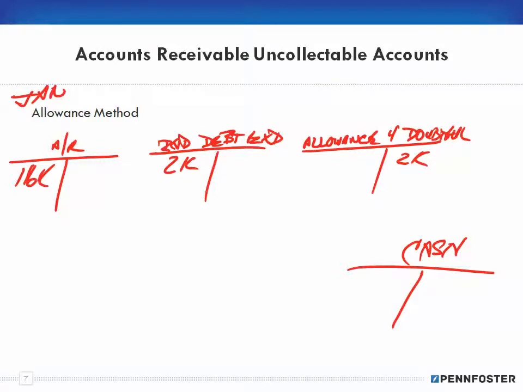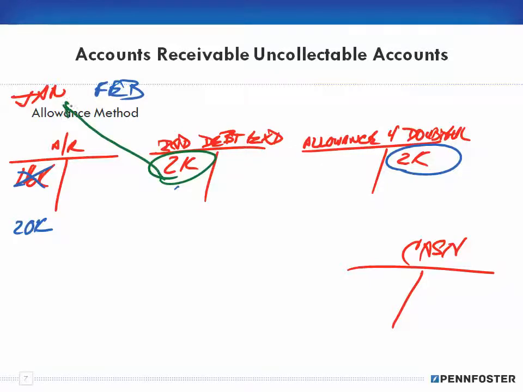Okay, and now let's say at the end of February, my accounts receivable has gone up to, say, 20,000. So the 16,000 is no longer on the books. My accounts receivable shows 20,000. My allowance for doubtful accounts still has this $2,000 in it, right? But now, based upon whichever method I'm using, maybe this 20,000 isn't accurate. Maybe I need to write off 1,000 more. When I do that, at the end of February, I'd have to make, remember this here,